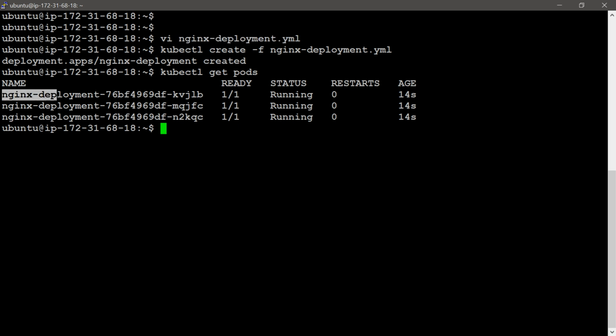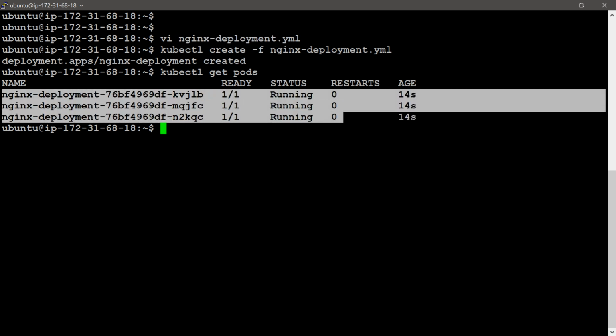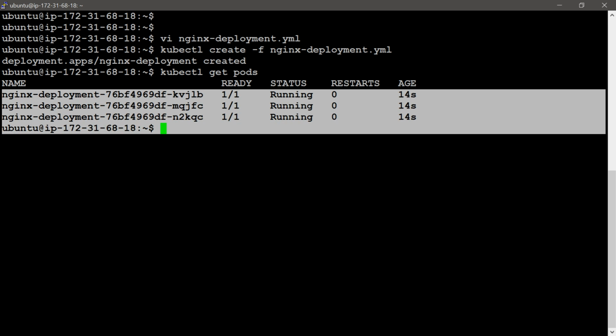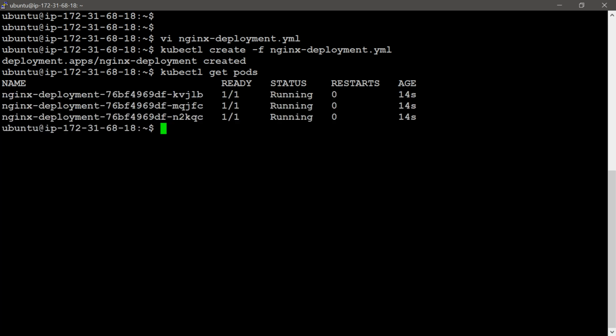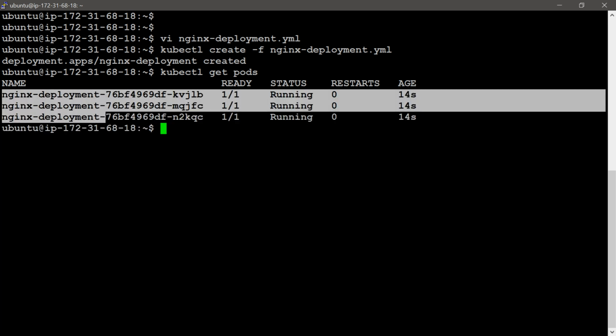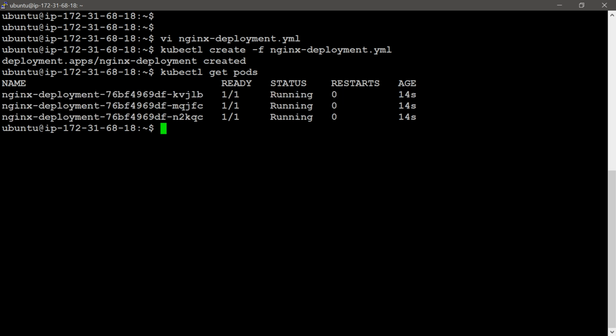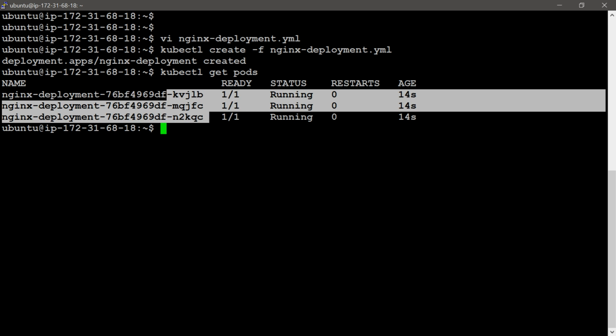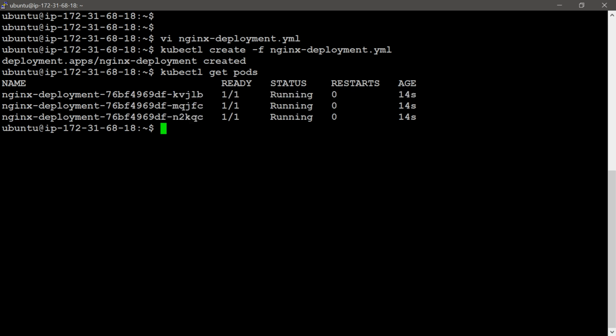The pod name nginx-deployment is the same for these 3, but the ID is different for the three pods. We can see KVJ1B, JFC and KOQC. Those IDs will be different.